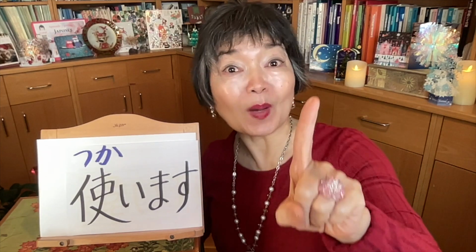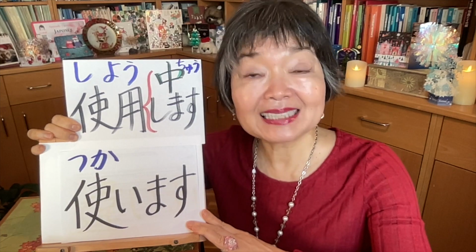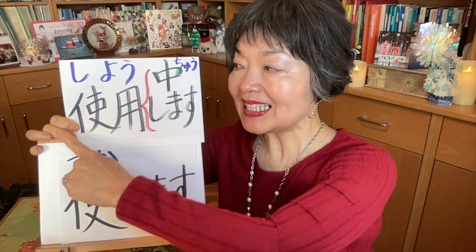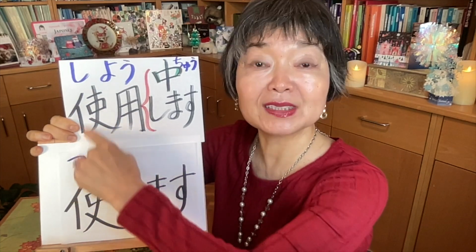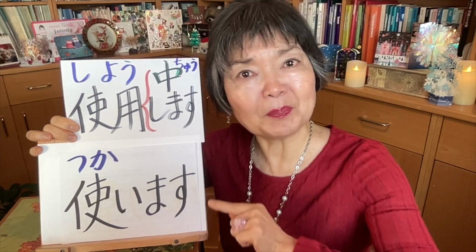使います. The verb to use. 使います. This is group 1. 使います. 使う. 使って. 使った. 使わない. There's another verb. The meaning is the same. To use. 使用します. We use the same kanji. But here we pronounce in 訓読み tsuka, and here we pronounce in 音読み shi, 使用します. The same meaning, but the difference, 使います